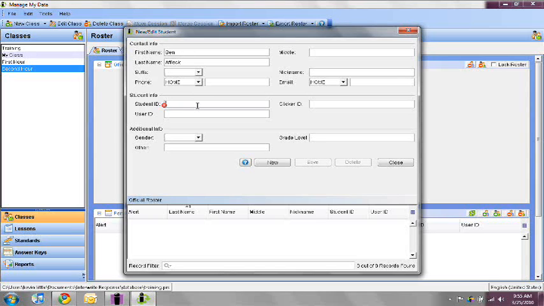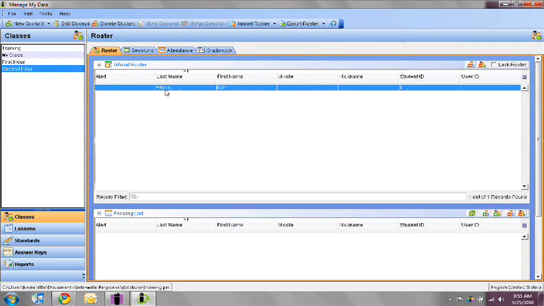Student ID is either going to be a number that the student knows. If they use lunch IDs, that would be a good number, or it may just be their number in your class. And so Ben in my class is going to be number 1, and then I'm just going to click Save, and then click New Student, and now I can enter in my second student, again first name, last name, and then student ID. And I can do that for each student in each class. Now that, as you may have figured out, is going to be kind of time consuming. So there is another way. I'm going to go ahead and delete Ben real quick so that we can just import